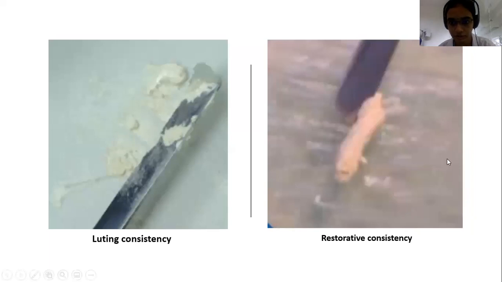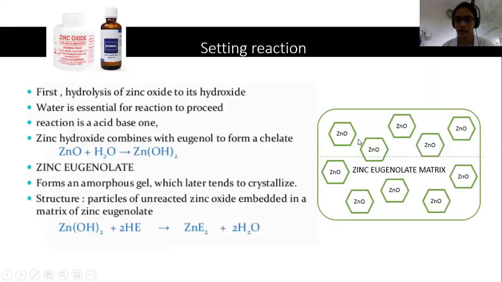The final restorative consistency should be like this. It should be a dough-like consistency. You can roll the zinc oxide eugenol on the glass slab. The powder will not stick to the glass slab. So in this picture you can see here, this is the luting consistency and this is the restorative consistency. The luting consistency is a creamy consistency, whereas the restorative consistency is a dough-like consistency and it will not stick to the glass slab. Coming to the setting reaction,